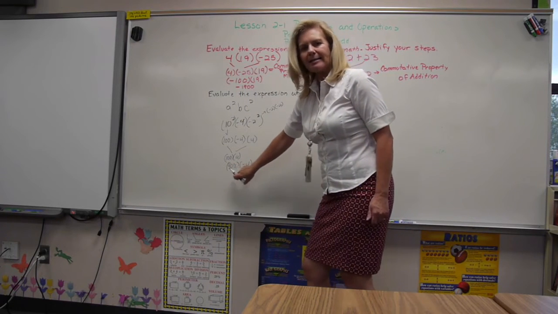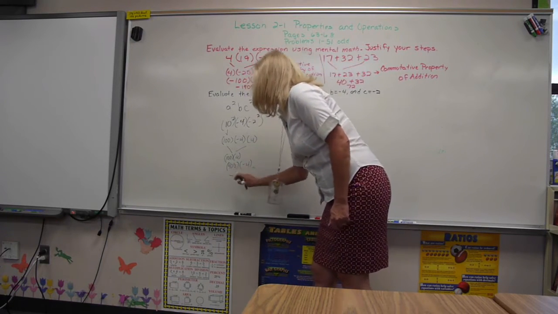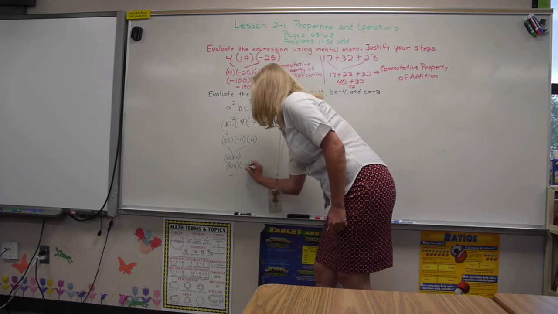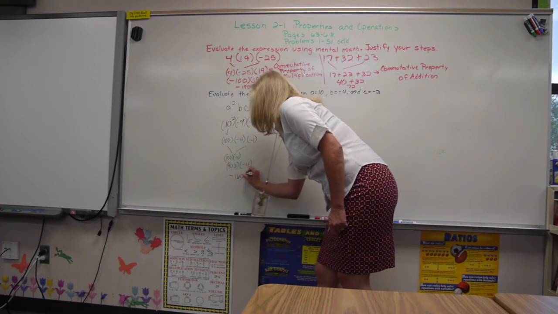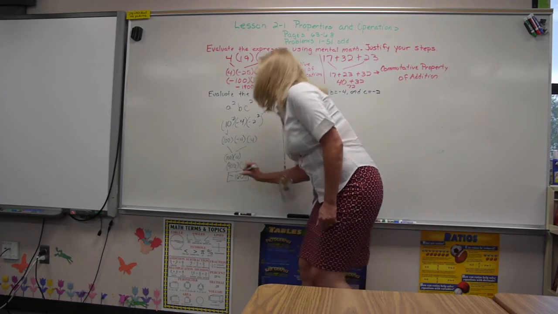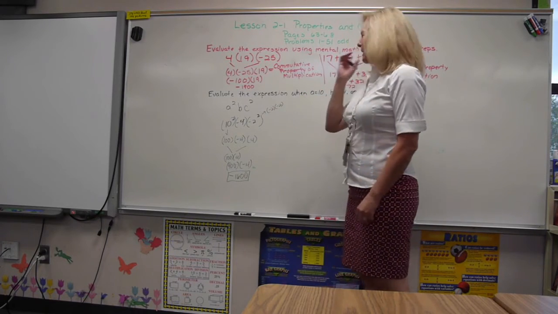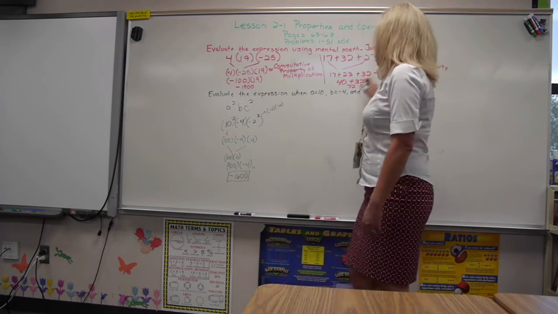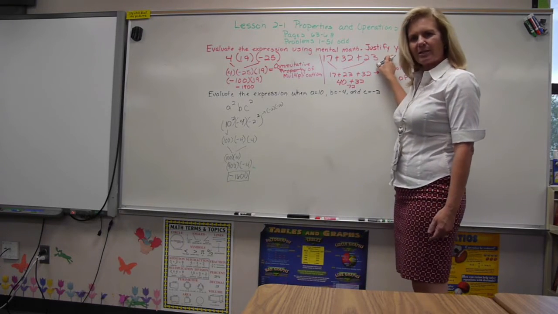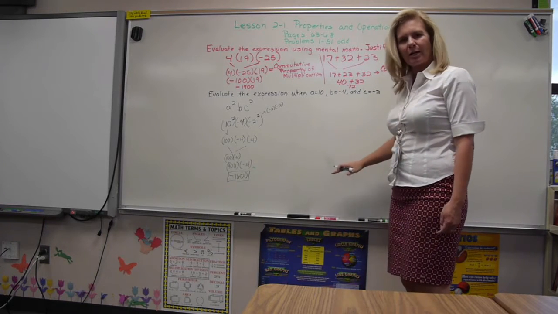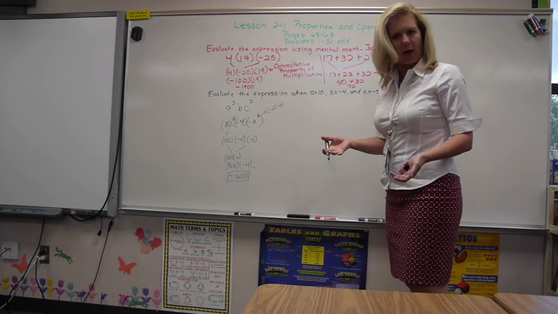Well, I know a positive times a negative is a negative. 400 times 4, well, 4 times 4 is 16 with 2 zeros. So this is where I'm pulling it together. I'm still using my property. Now notice it did not say justify your steps, so you don't have to worry about identifying the property that